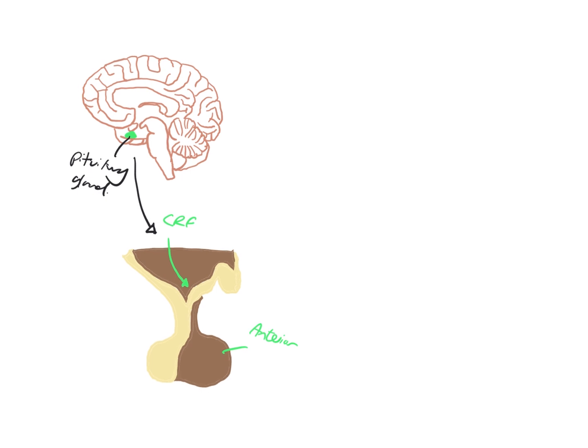I will just write this above for you so that you have that there. So cortico, and then you've got tropin, and it is releasing factor. And what that does is it stimulates the anterior pituitary, so we need to come down here, to release a hormone which is called